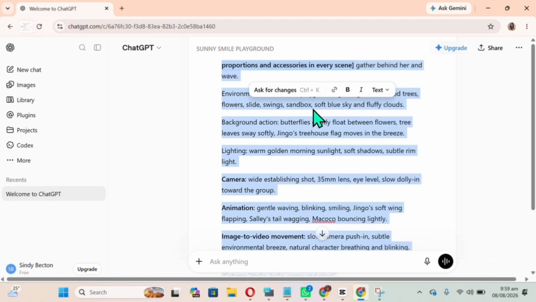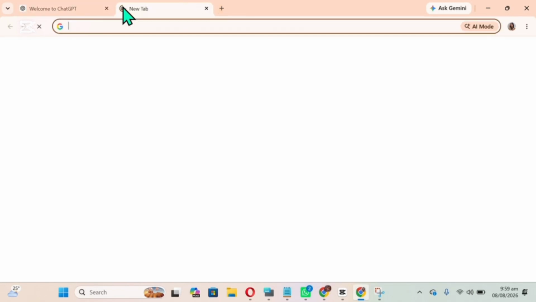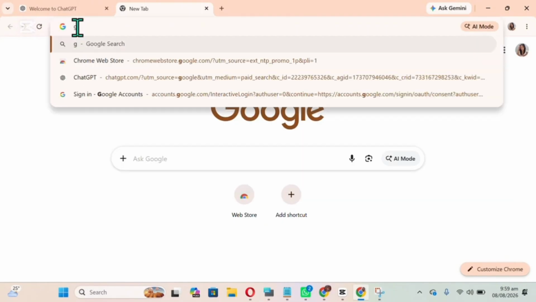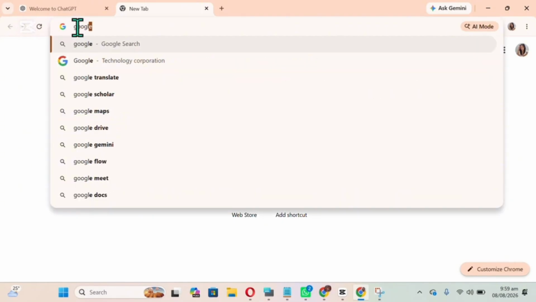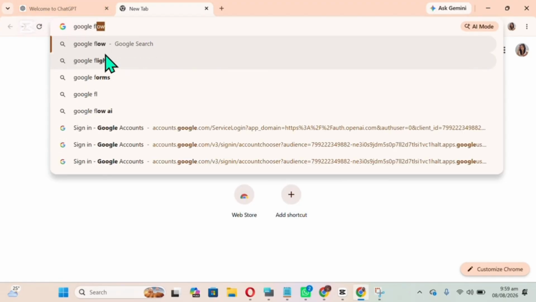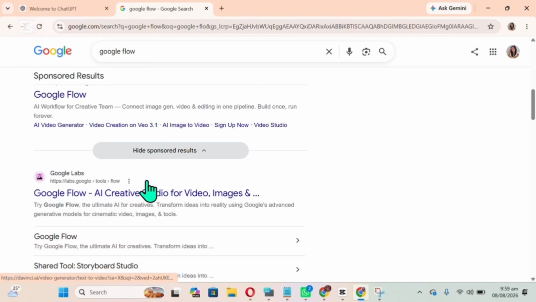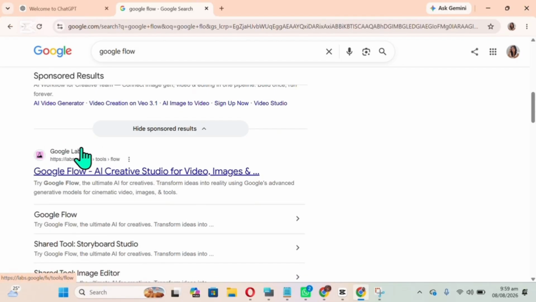After copying, open a new tab. Okay, open a new tab and type Google Flow. Google Flow, like this. This is the right one for you to use. This is Google Flow. Okay, so you tap on it,